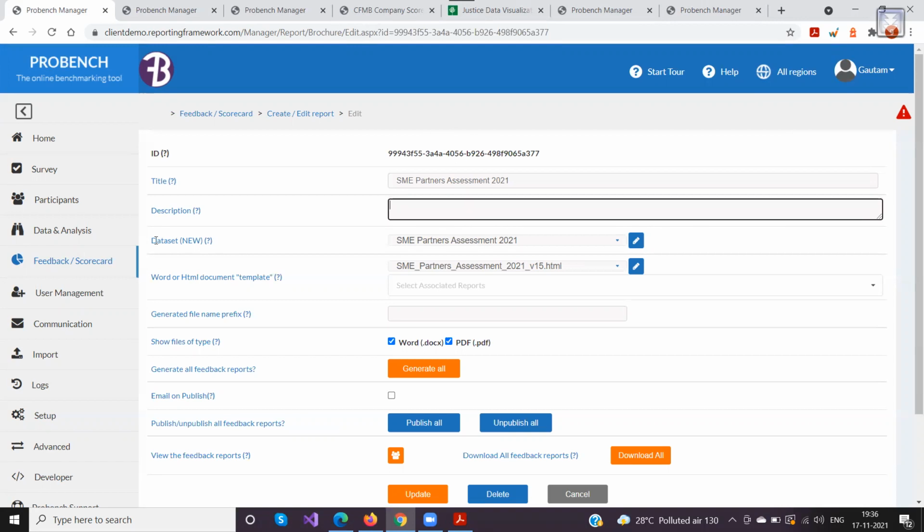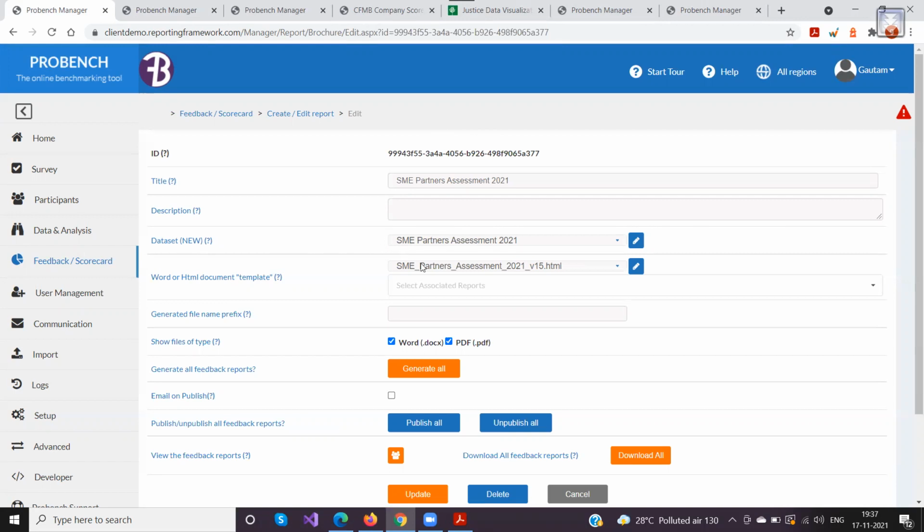The next and the very important field is the data set field. Now that we have collected data, we have created the data set in the previous step, and we want a feedback report, but where should the data in the feedback reports or in the scorecards come from? That is what this field exactly does.